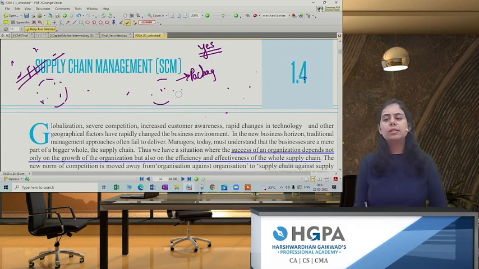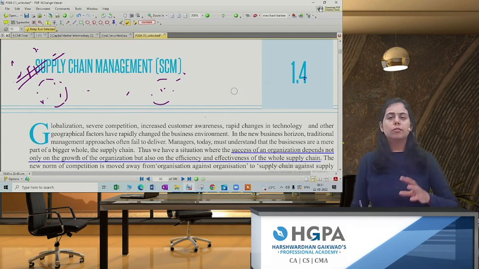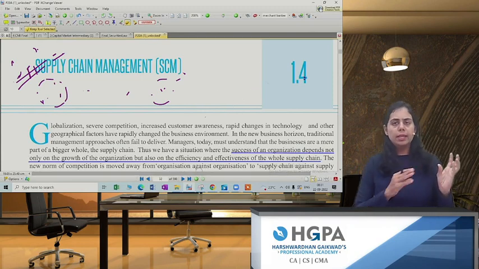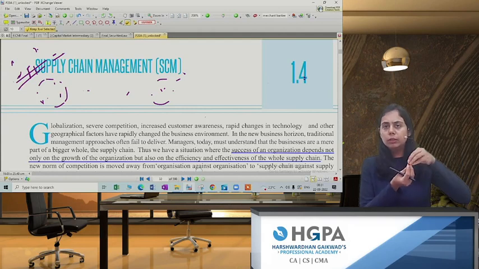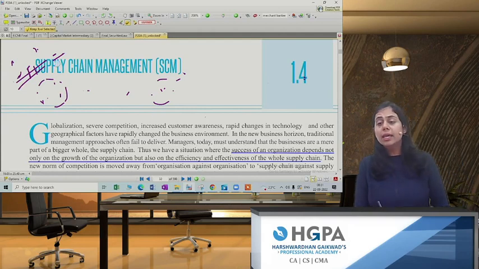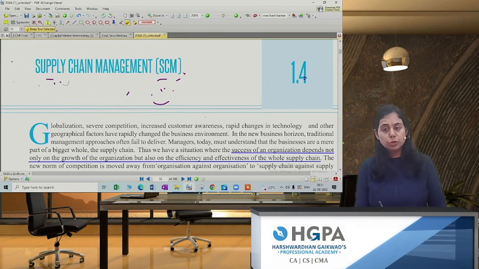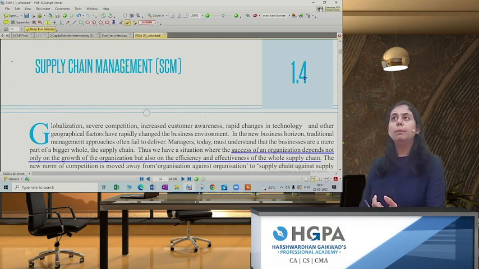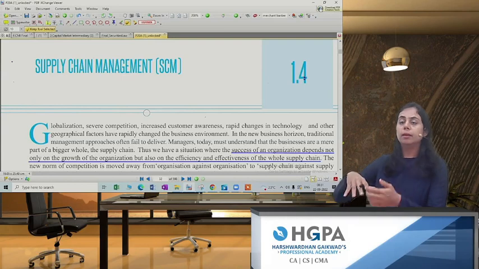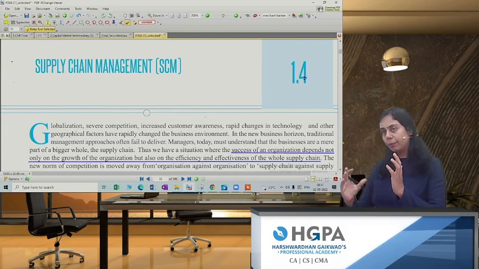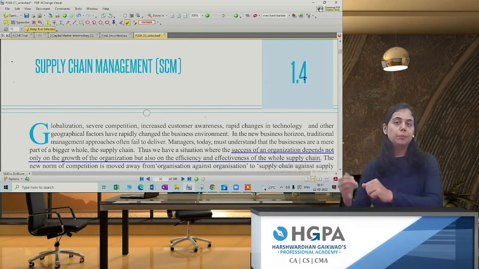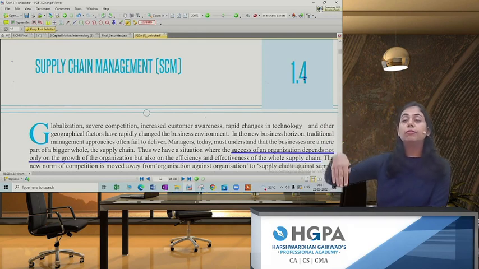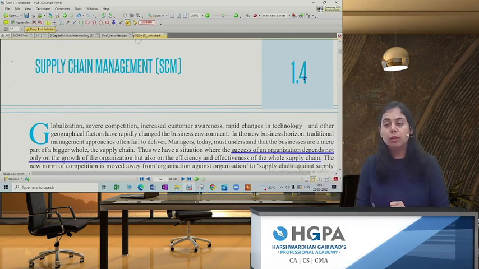There are many companies in the supply chain management. Why are there many companies? Because one company will be the supplier's company, then there will be a transportation company who will deliver the raw material to my company. Then there will be human resources in my company, who will do the manufacturing process. There might be a separate company who will be doing packaging for us. Some people might have in-house packaging. Some might send the ready product to another company for packaging. Once the packaging is done, for distribution again the transportation company will come into the picture,